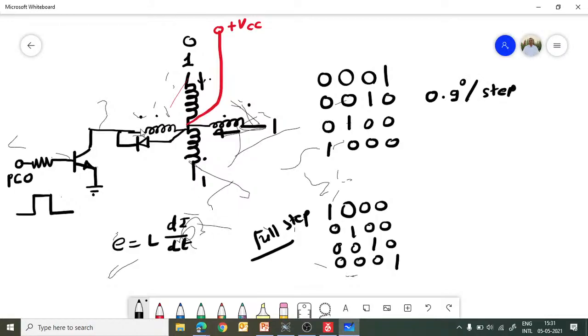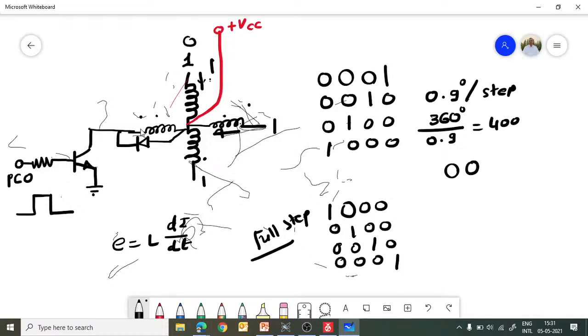So the total number of steps required, as all of you know, 360 degrees gives you one revolution, so divided by 0.9, you need to give 400 steps, right? So in that case, what will be the sequence? Initially you will pass the current through this winding, so this winding will become 1, then you will pass current through both the windings, so you will give the sequence 1 1, right?